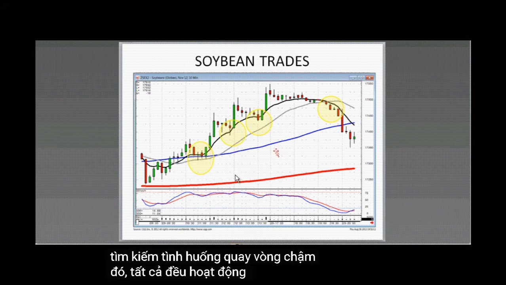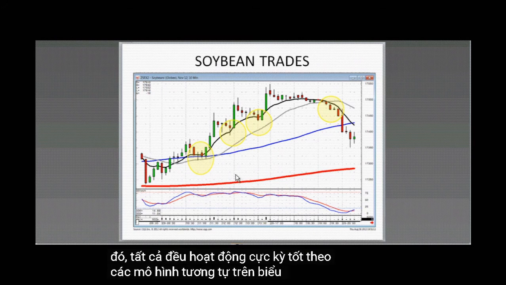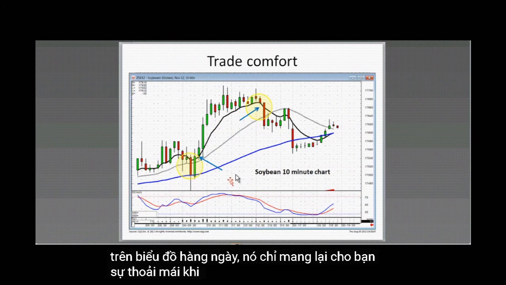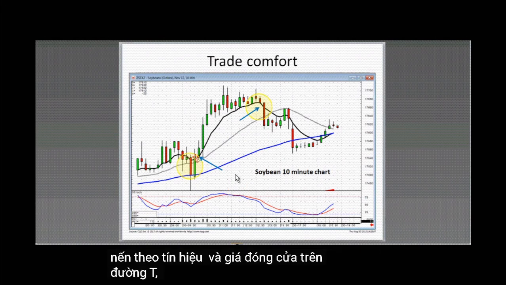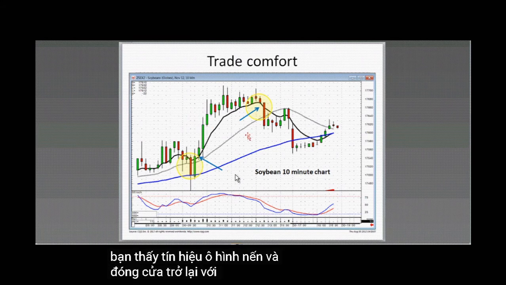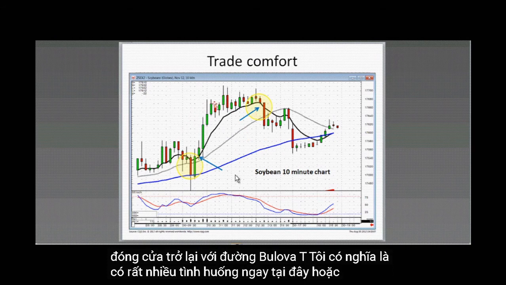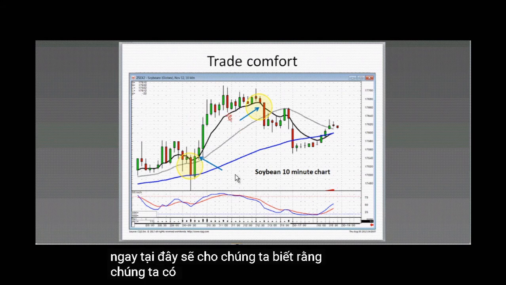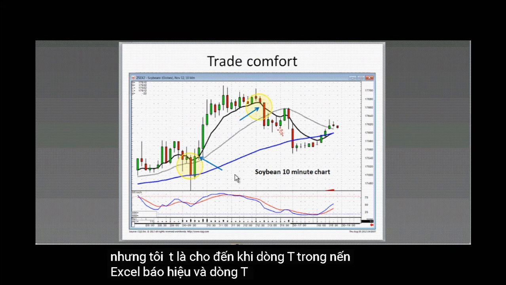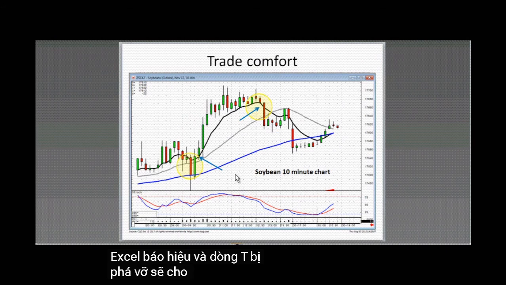These all work extremely well, the same patterns on a 10-minute chart as they do on a daily chart. It just gives you that trade comfort where you see a candlestick buy signal and a close above the T-line. You can stay with it until you see a candlestick sell signal and a close back below the T-line. There's lots of situations right here or right here that would have told us that it's time to take profits. But it was when the T-line and a candlestick sell signal were breached that would give you that final